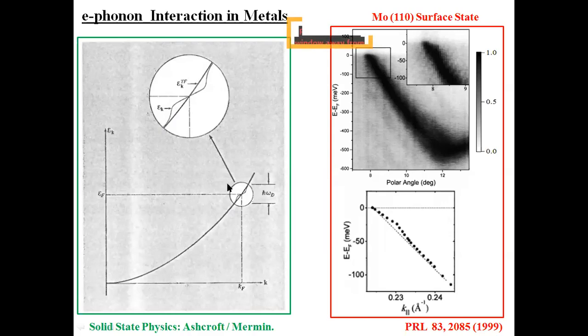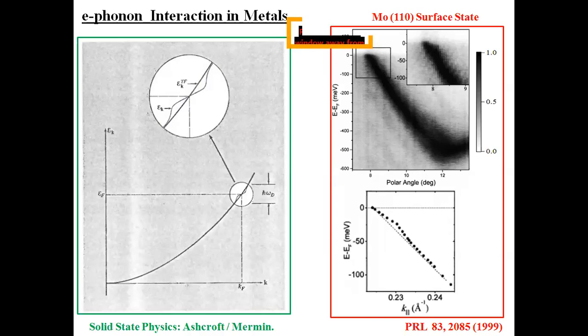And that will happen only near the Fermi energy, and the energy window within which this deviation will occur is given by the Debye energy of the system. So this is the zoomed in version. This straight line or parabolic line is the band structure of the material when there is no electron phonon interaction. But with electron phonon interaction, this would be the band structure. These are the phonon kinks. So the energy of the band structure has changed. This is what we call the renormalization of band structure due to electron phonon interaction.